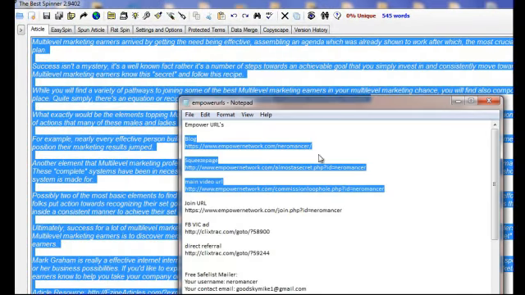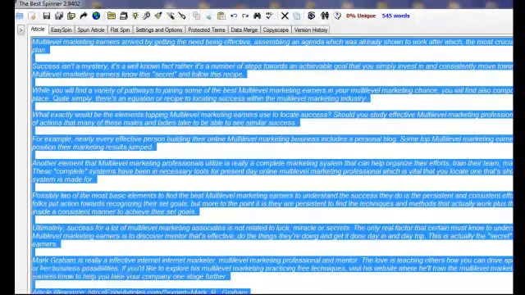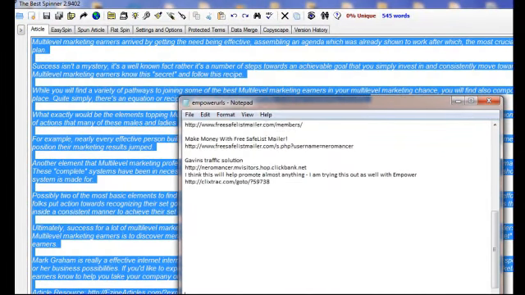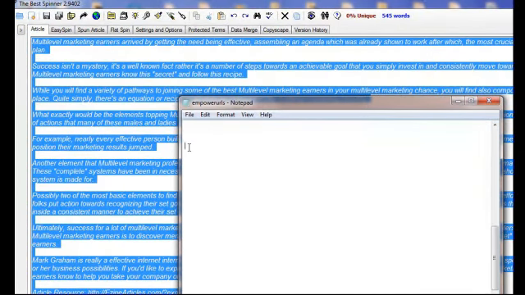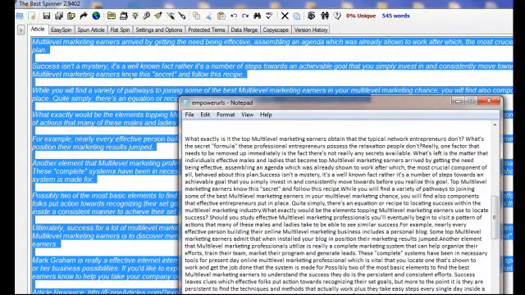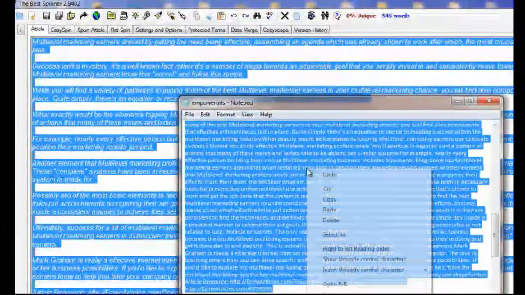And then the next thing we want to do is find a place that we can paste this article and work on this, which we'll do here. And usually it comes up in one solid block like this. Now once we have this version, I'm going to copy all of this.